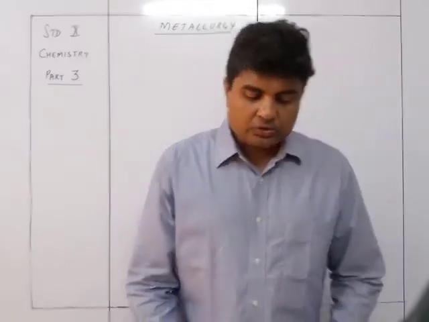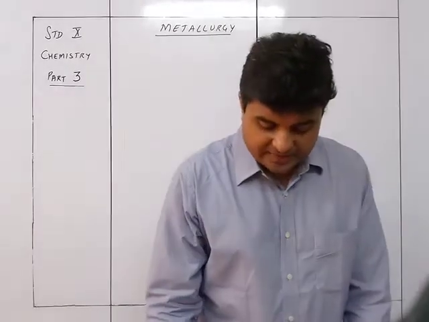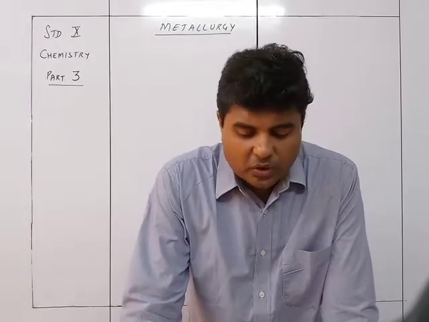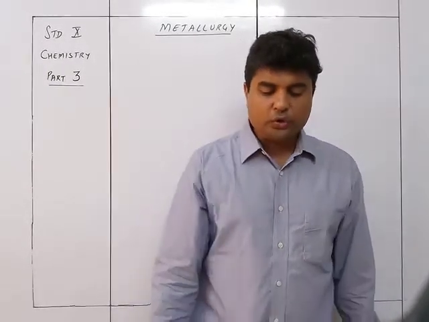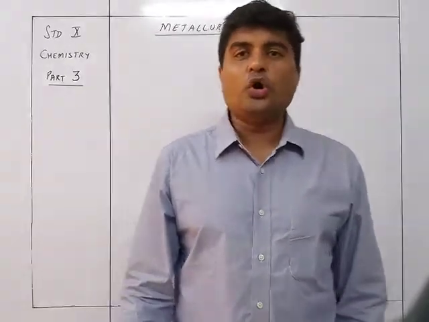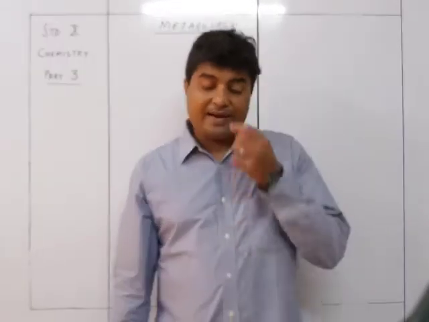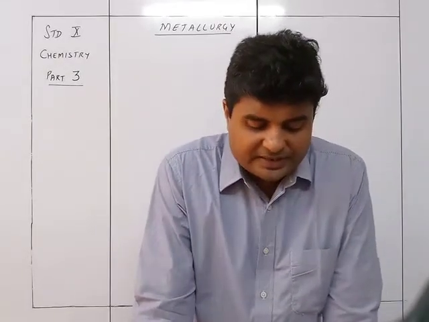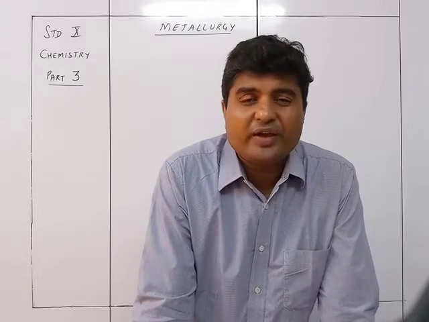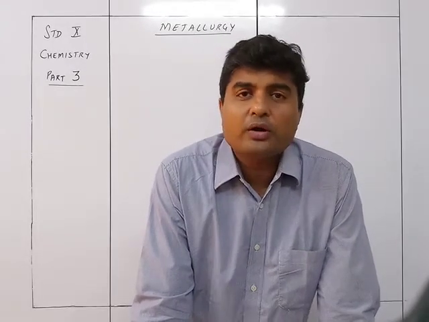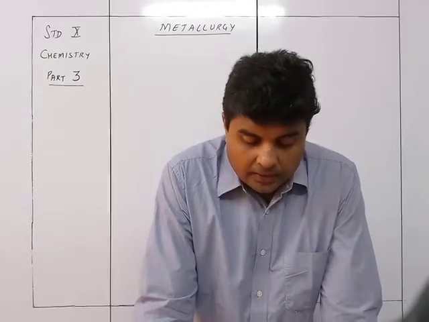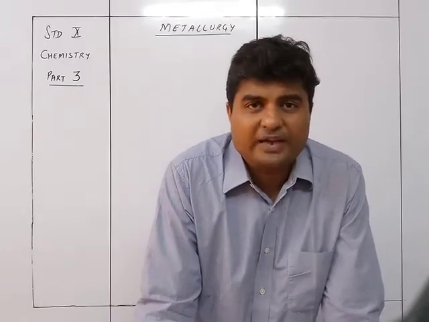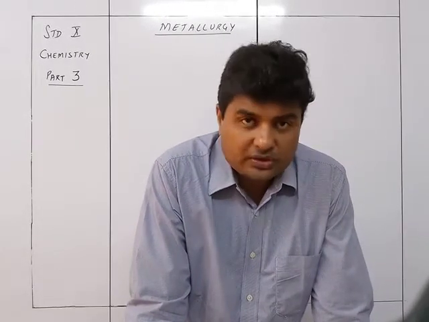So anyway, we'll just read out the summary very quickly. Dressing of the ore, concentration of ore, separation of impurities. The ore used is bauxite, that is hydrated aluminum oxide, Al2O3.2H2O. The method used is a chemical method using concentrated solution of NaOH. So we are using a chemical method for concentration of the ore. The process used is called Bayer's process. Conversion is from impure bauxite into pure alumina, Al2O3.